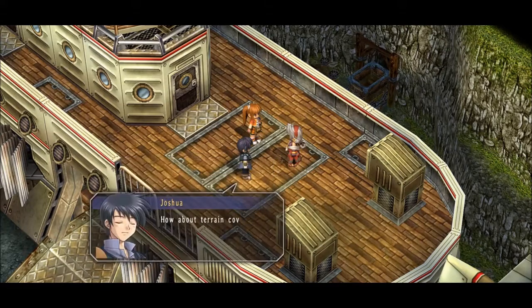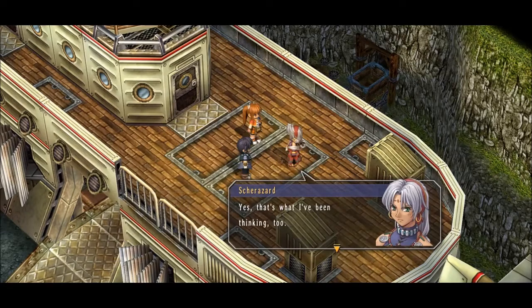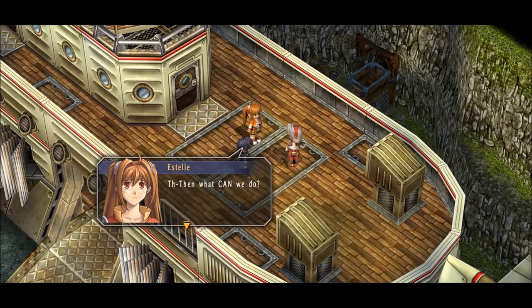Interesting. How about terrain covered with extreme differences in height, like mountains and ravines? That seems like a likely place for the Sky Bandit's hideout. Yes, that's what I've been thinking too. However, if that's the case, then we may be unable to do anything else. If there's the possibility that their hideout may be in a place we can't reach by foot, then what can